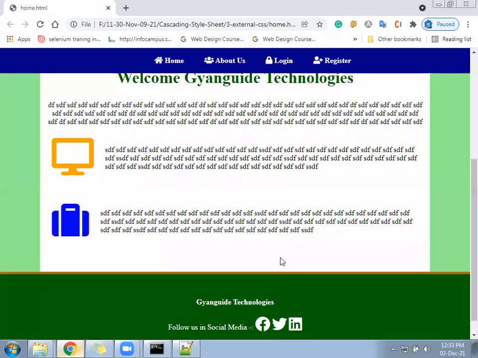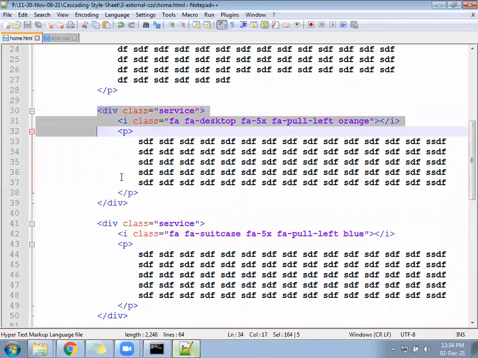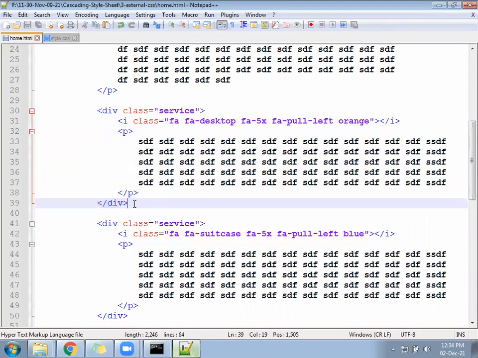Right, something like this. Now we will keep one icon in between, where the text will be on the left and the icon will be on the right. So what we will do for that? Again, keep one more service block in between both.